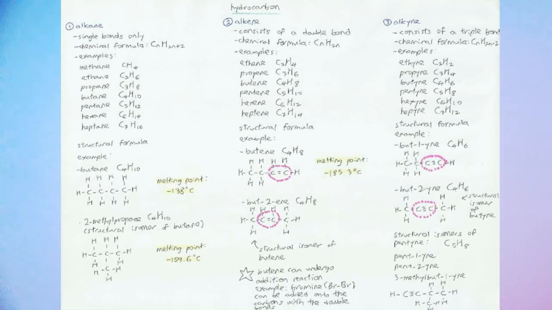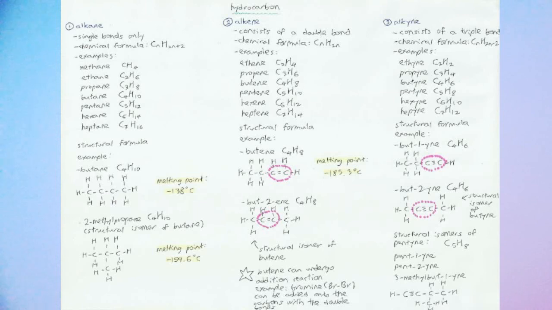We have alkanes, alkenes, and alkynes. Alkanes are single bonds only. So it has a chemical formula of CnH2n+2. Examples of alkanes include methane, ethane, propane, butane, pentane, hexane, and heptane. So methane has a chemical formula CH4, ethane will be C2H6, propane will be C3H8, butane C4H10, pentane C5H12, hexane